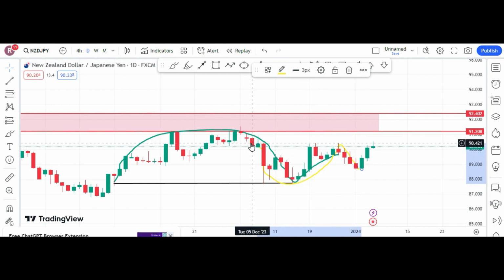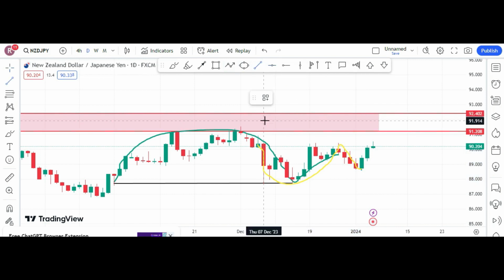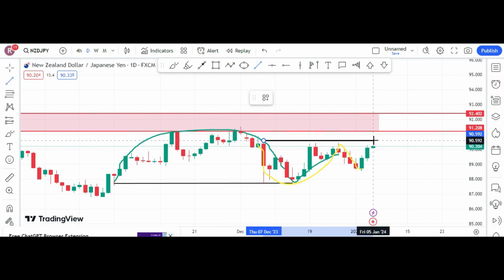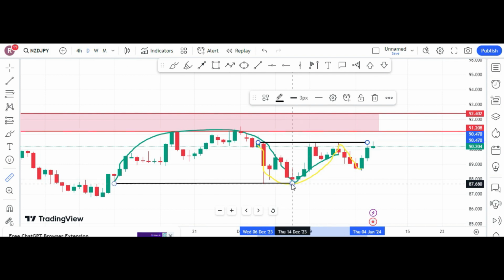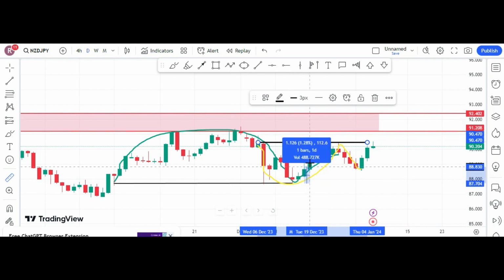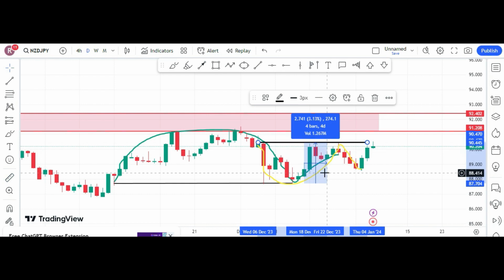You guys can see this is the neckline. If we consider this as a neckline, then this is another cup and handle already formed. And if we measure this, let's measure this. Okay, guys, the 50% of the handle has been achieved, and once the handle is achieved, it is pushing the price